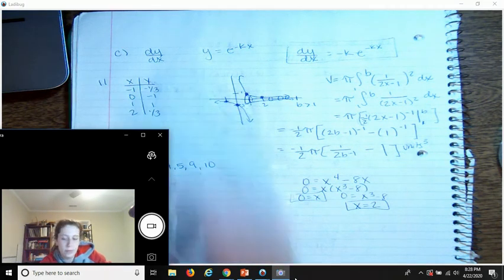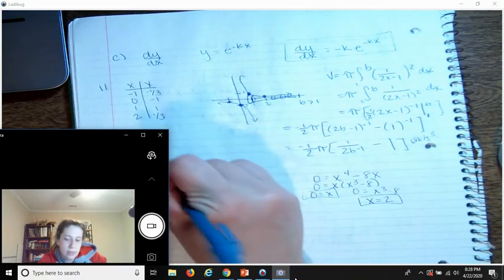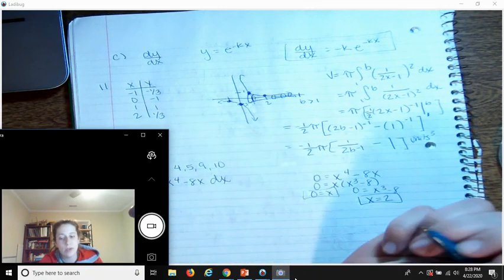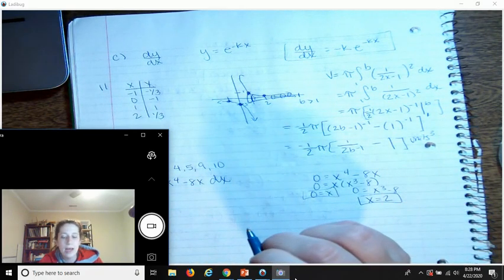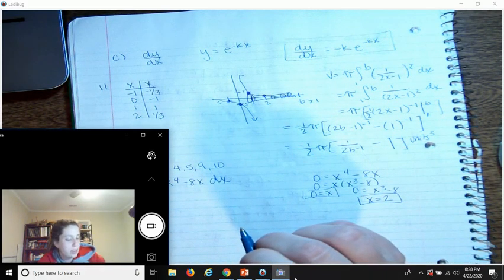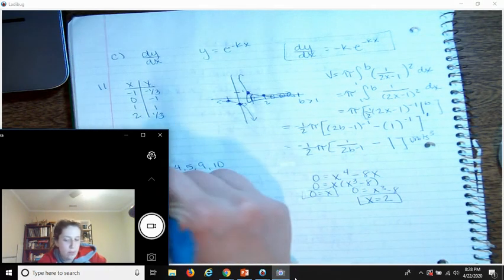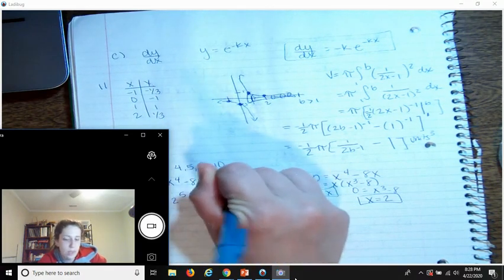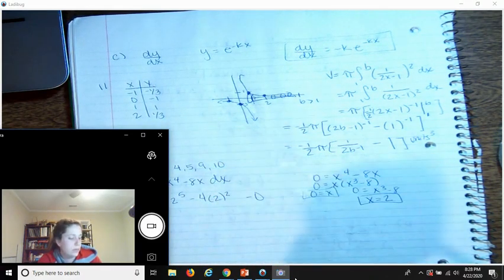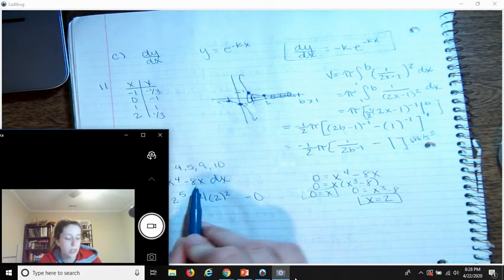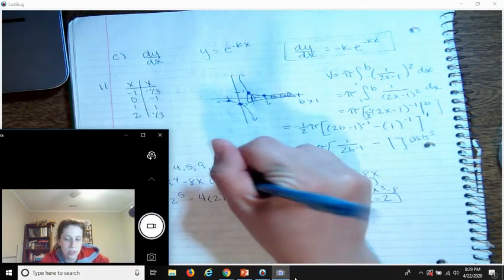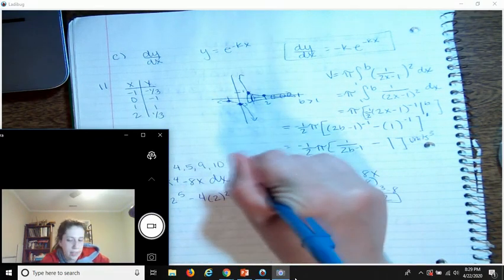So we have to go from 0 to 2, x to the 4th minus 8x dx, and this should be really straightforward to integrate. I have a feeling this one was calculator active, but I'll go ahead and write out the algebra that I did. When you sub 0 in, it just becomes 0. Oh, I skipped a step. Sorry. 1/5 x to the 5th minus